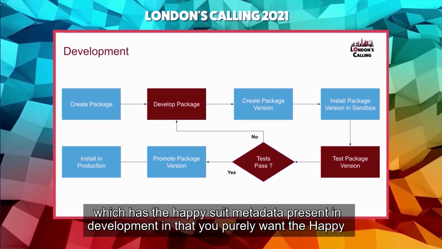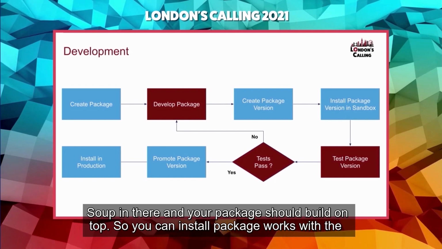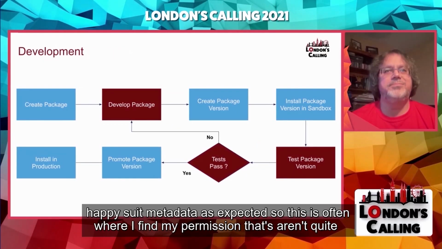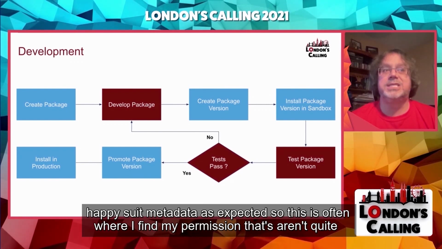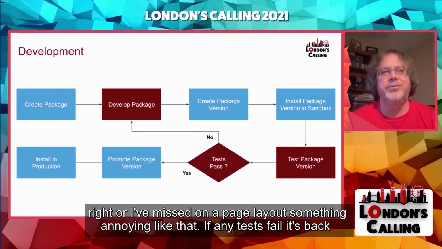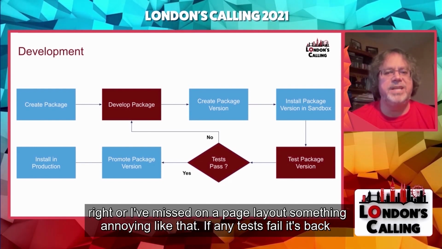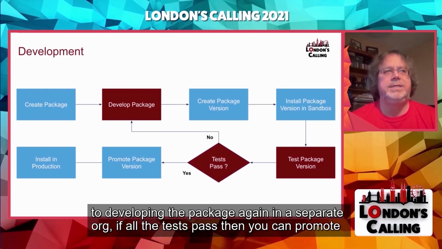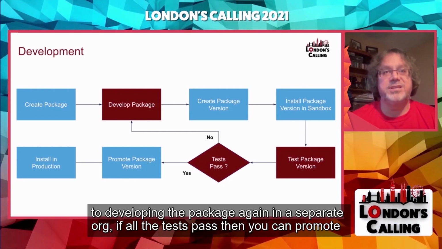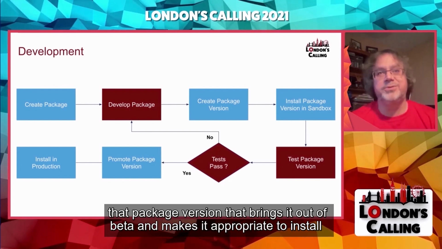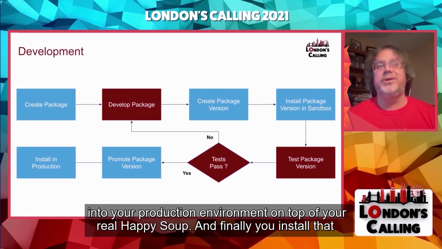In development in that, you purely want the Happy Soup in there, and your package should build on top. So your installed package works with the Happy Soup metadata as expected. This is often where I find my permissions aren't quite right, or I've missed a page layout, something annoying like that. If any tests fail, it's back to developing the package again in a separate org. If all the tests pass, then you can promote that package version. That brings it out of beta and makes it appropriate to install into your production environment on top of your real